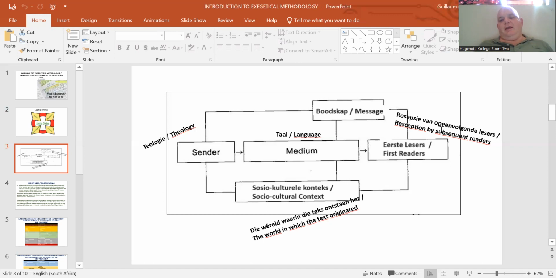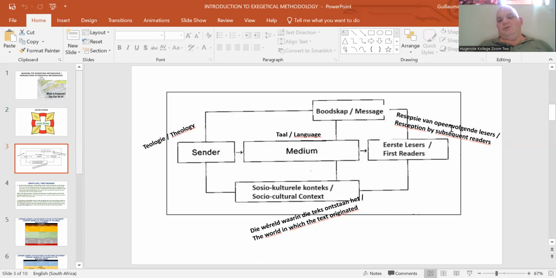2,000 years on, there have been generations of subsequent readers of this text, starting from the first readers up until me and you today. And these subsequent readers all have a different perspective because they live in different cultures and different contexts. So that influences the interpretation of this whole message and medium thing. This implies that in every generation you have to look at the text from a fresh perspective,